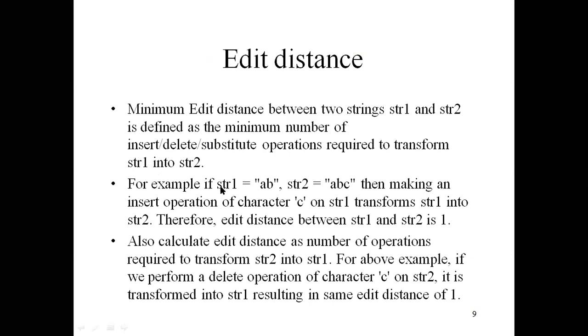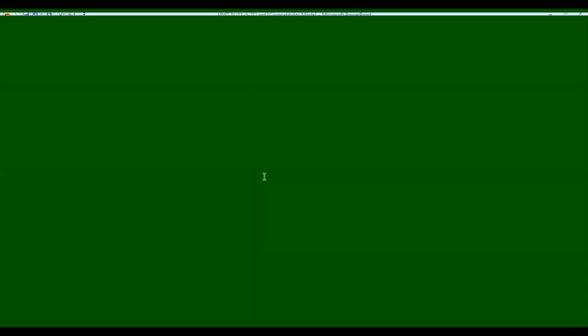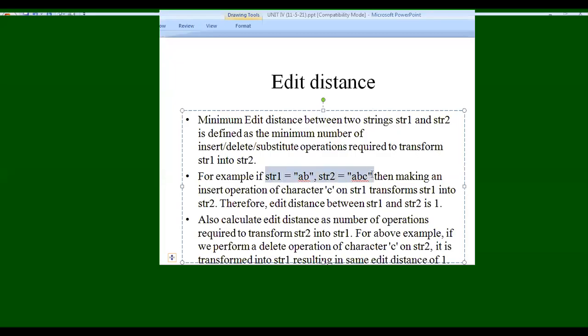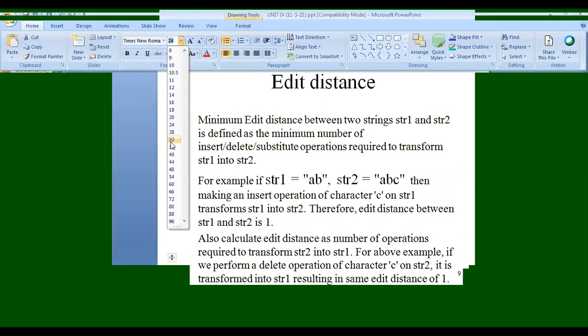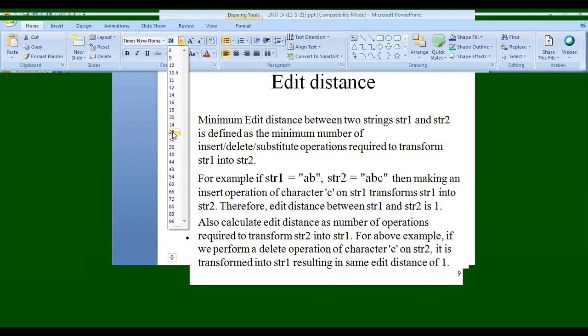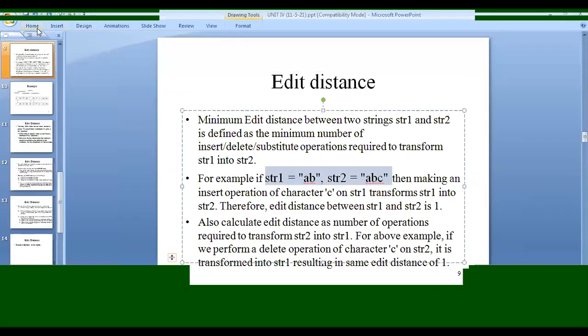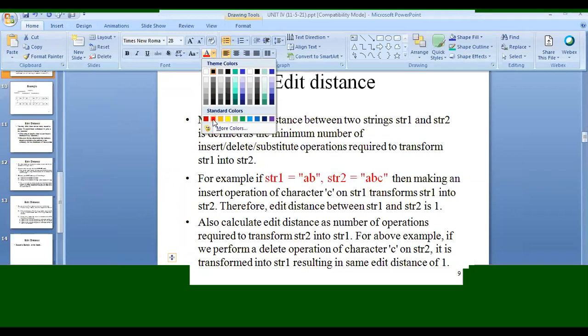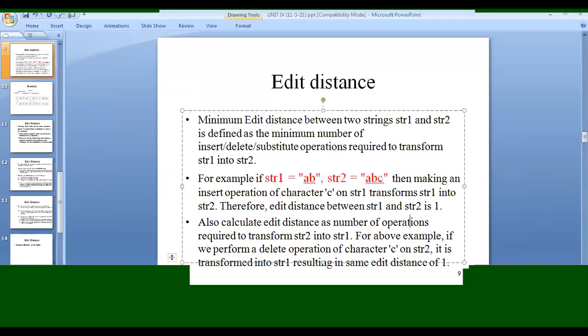For example, if str1 is equal to AB and str2 is equal to ABC, see the strings. So str1 is equal to AB and str2 is equal to ABC, then making an insert operation of character C on str1.